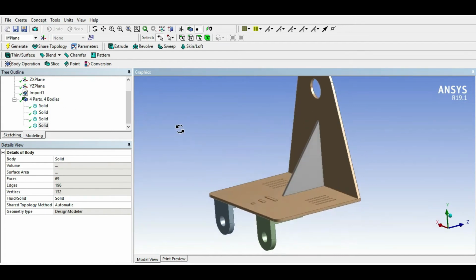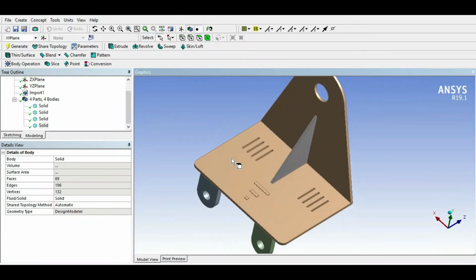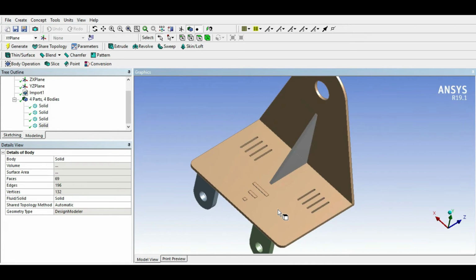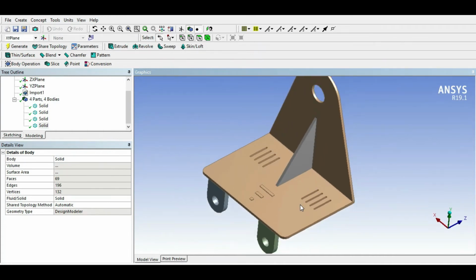Before starting any modification, let's study the geometry here. You can see there are some features available on the geometry. Let's consider these features are not important or they are not going to take part in the simulation process. So we have to remove this extruded part or these slots from the geometry. This can be done by using the tools available in the tool menu bars. Then you will find one dimension of these bodies is very small compared to the other 2 dimensions.